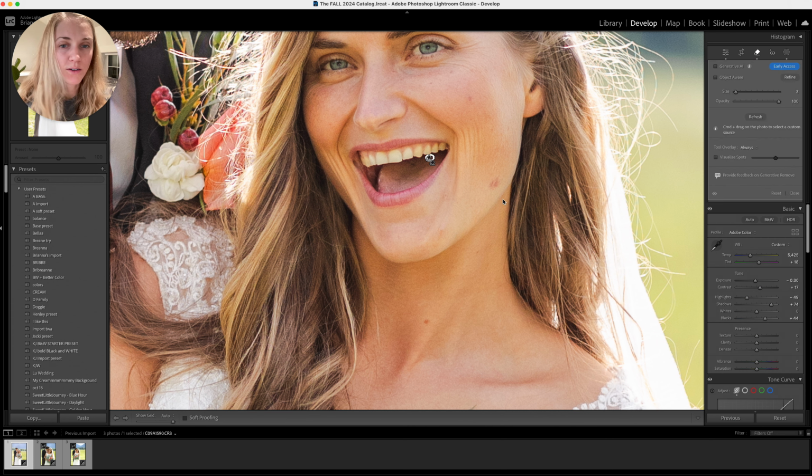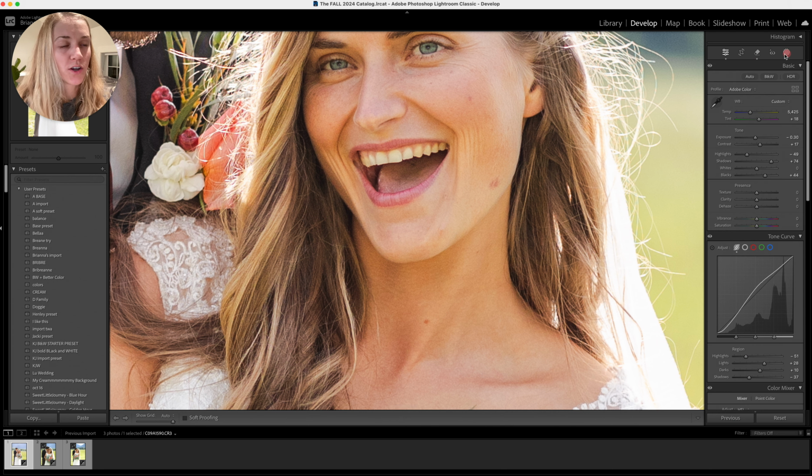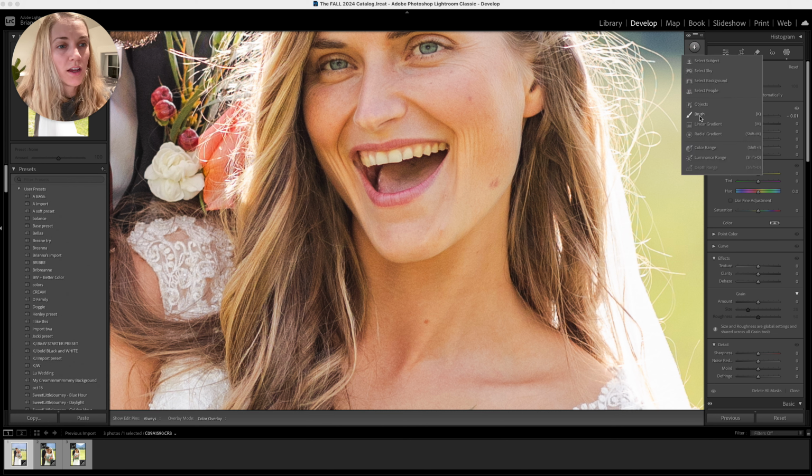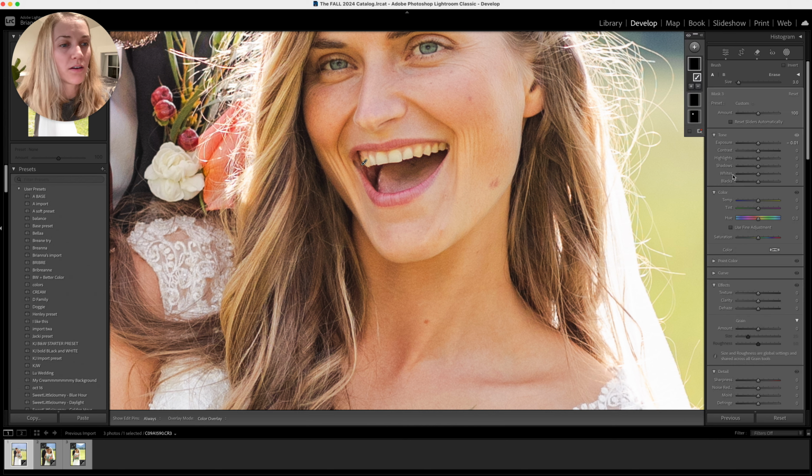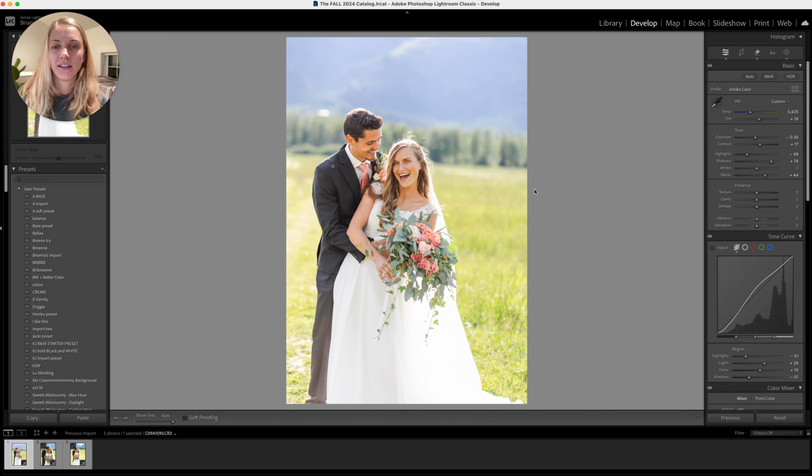Okay, I could get carried away with this, but I just wanted to show you how the brush can work when you have just a minimal amount of color adjusting to do. Woo. We got very bright white teeth. Now would I keep the teeth that white? I'm not sure, but that is almost